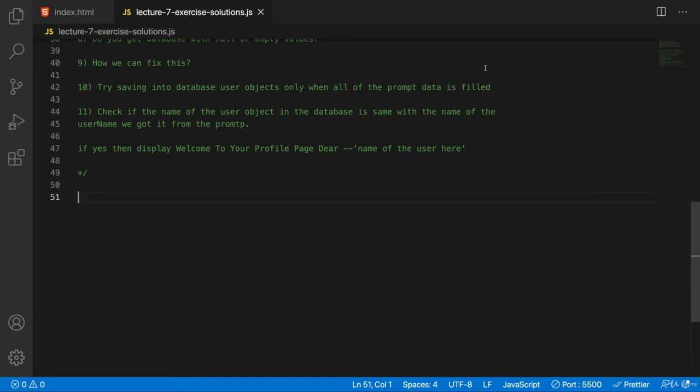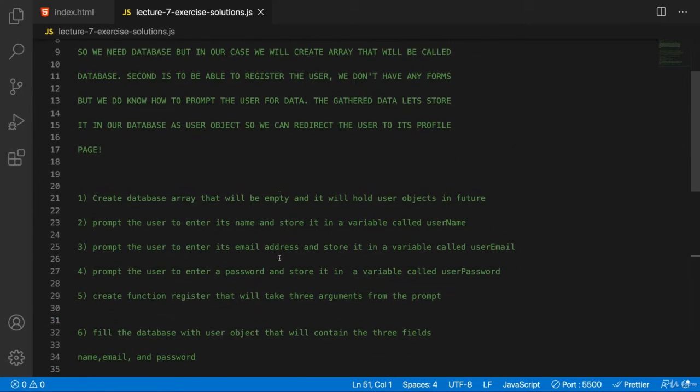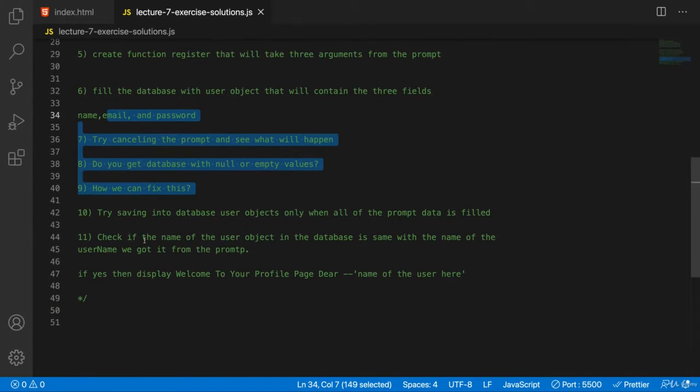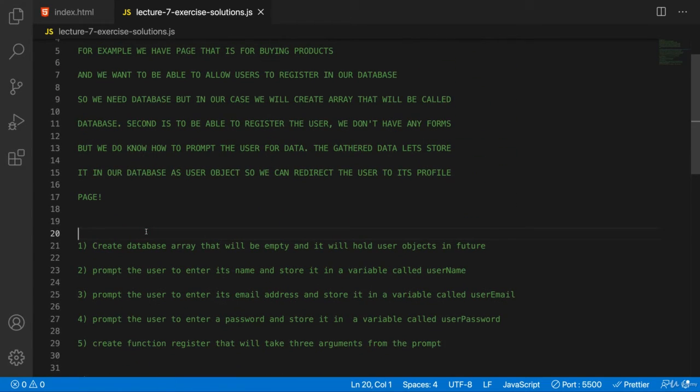Welcome back. In today's lecture, we are going to work on lecture 7 exercise solutions. So why are we going to do this? Because this one is pretty much complex. It will involve arrays, objects, if conditions, and logical operators. So if you know how to do this, and if you have done it, then mark this lecture as finished